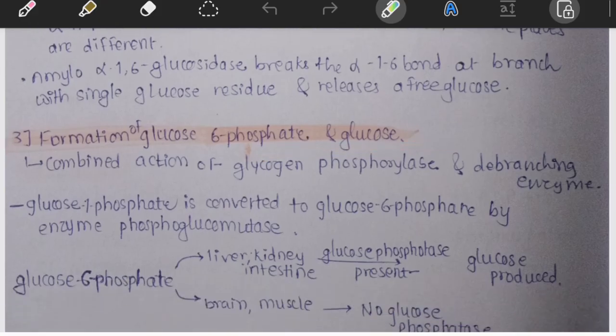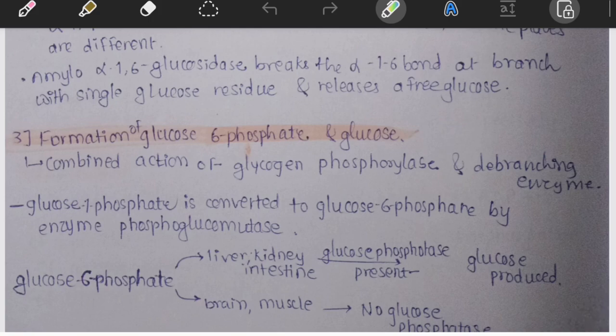Now we have glucose 1 phosphate. Can the cell use it directly? No. First, the enzyme phosphoglucomutase converts it into glucose 6 phosphate. Then, the enzyme